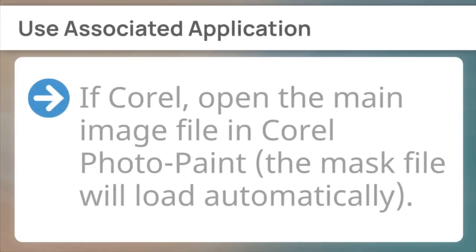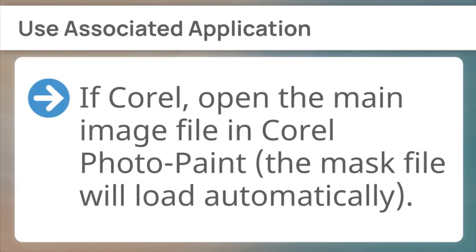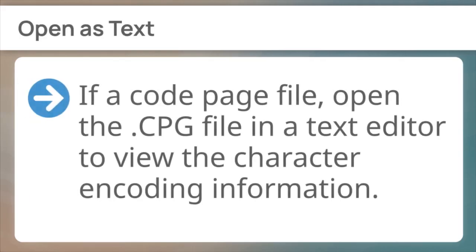Next, use the associated application. If Corel, open the main image file in Corel Photo Paint. The mask file will load automatically. Finally, open as text. If it is a code page file, open the CPG file in a text editor to view the character encoding information. Failures with installed programs usually stem from CPG being a duplicate extension used by various unrelated